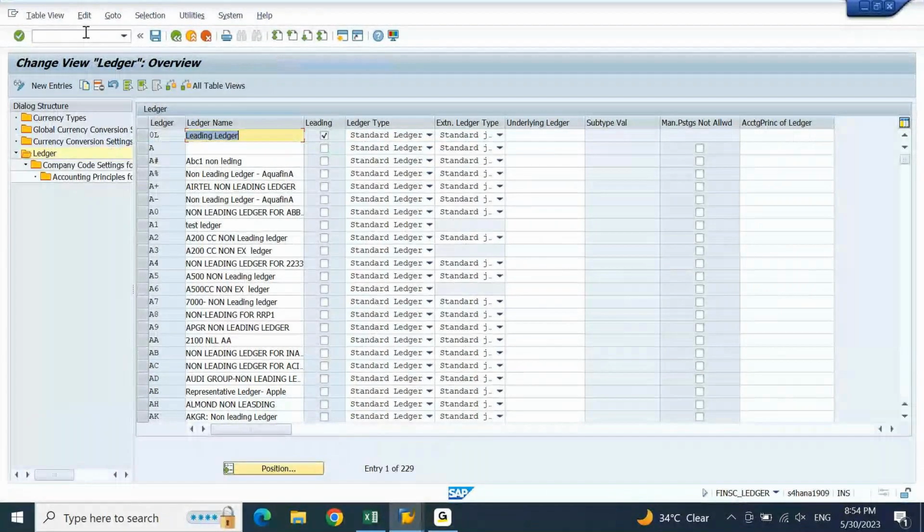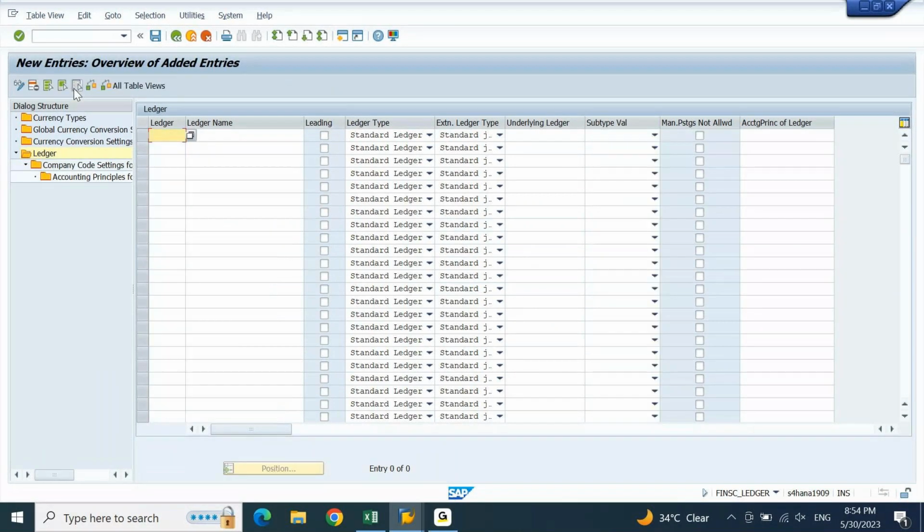Now I'll try to create a non-leading ledger. I'll click on new entry. I'll simply put, let's say, MZ. My intention is only to create the ledger, so focus only on the creation part, ignore the description and all. I have given non-leading ledger MZ. Clear? Let me click on save.